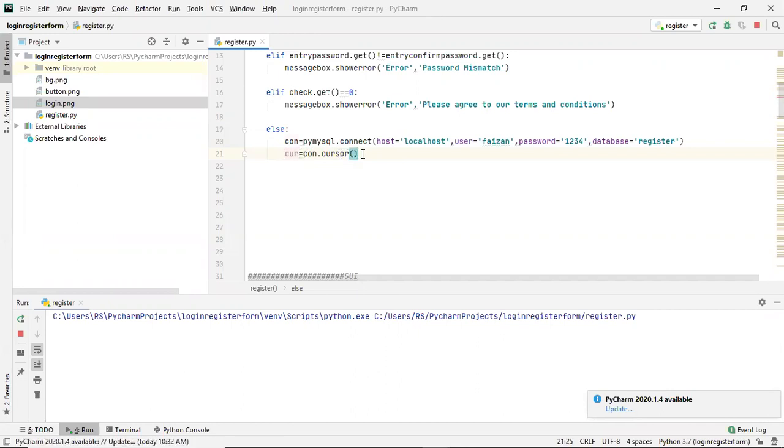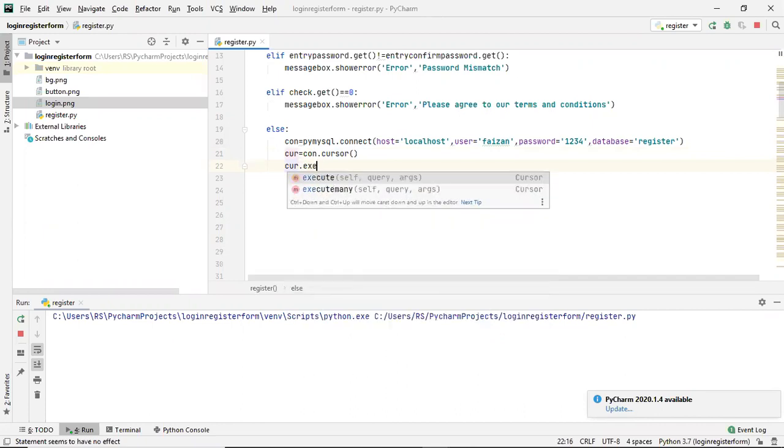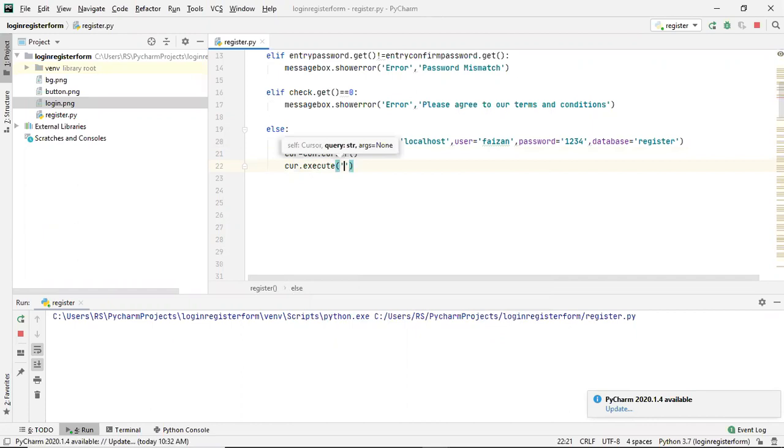After doing this, the next thing is we have to execute. So I'm going to write cur dot execute, and what I have to execute, I have to write in the form of a string. Select star from the table name, which was student. The table I just created was student. So select star from student where email equals %s.